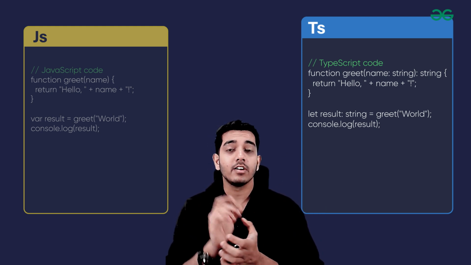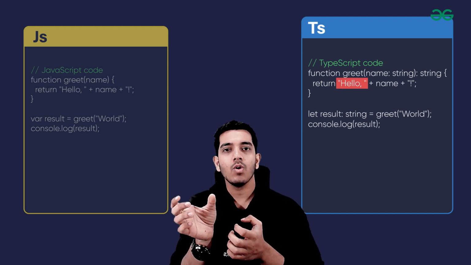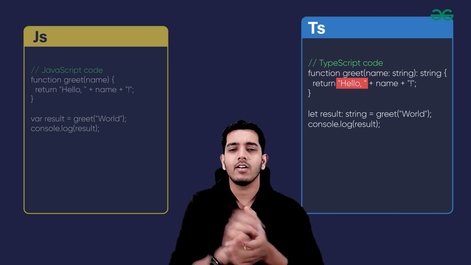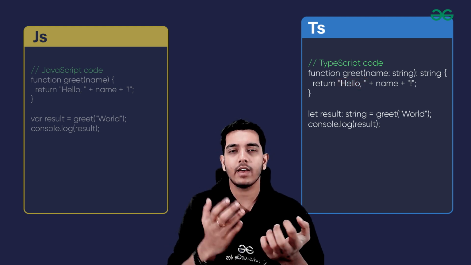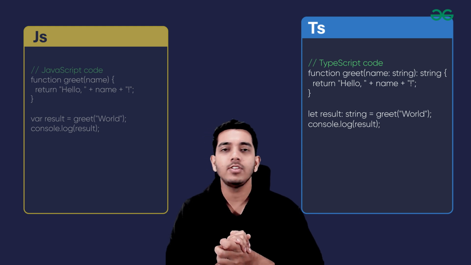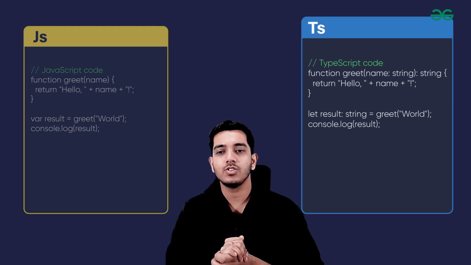It simply means that the return type of the function is also a string, right? You can see that the function is going to return hello and world, something like that. Okay, so the return type is also a string, a sentence or a word or a character, it's a string. So we have just mentioned type safety, and this is a very basic example, guys,